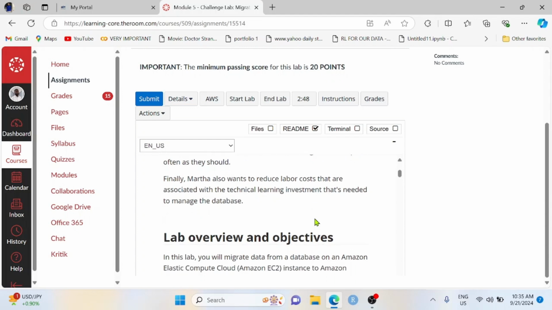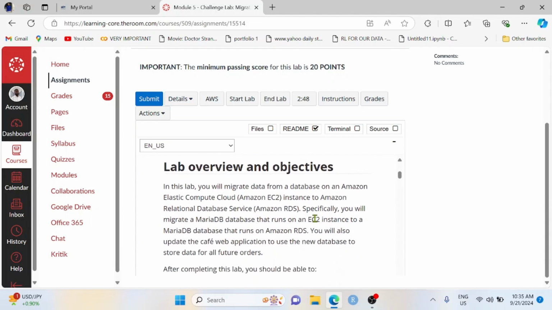manage the database. So the objective of this lab is to migrate data from a database on an Amazon EC2 instance to the Amazon RDS service. Specifically, you migrate a MariaDB database that runs on an EC2 instance to a MariaDB database that runs on Amazon RDS. And then you also update the cafe web application to use the new database to store data for all future